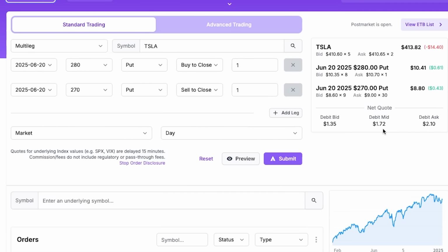Well, I wouldn't want to go and just pay what I just received. However, I'd like to calculate about 50% of what I received and make that my debit trade to close it out. So to do that, you would do net debit, and half of the 172 would be about 86 cents. So here you would put 86 cents, and then instead of day, you would make this good till canceled,